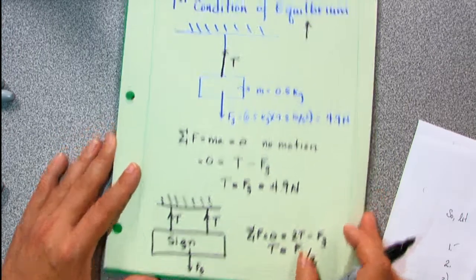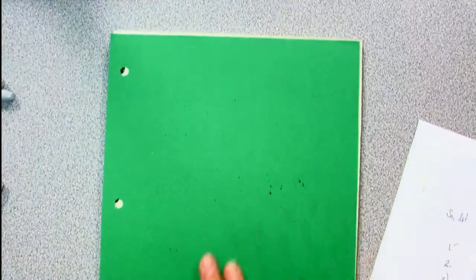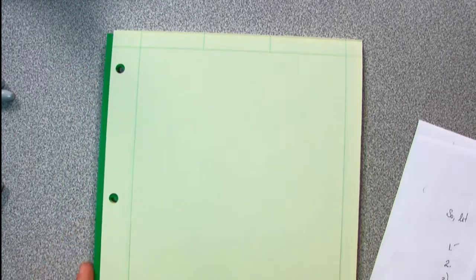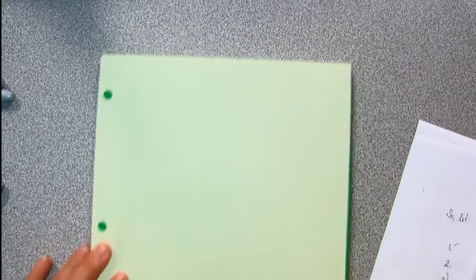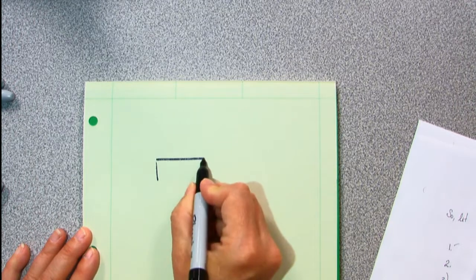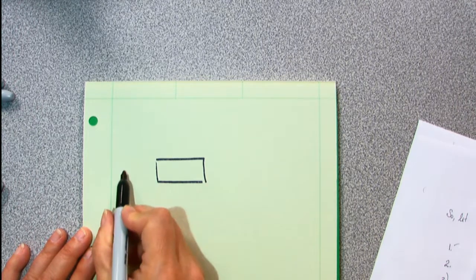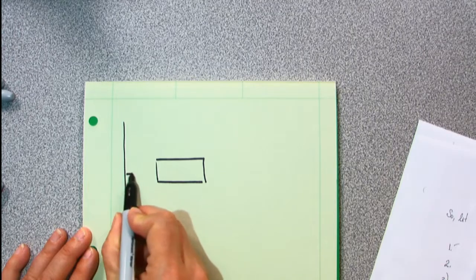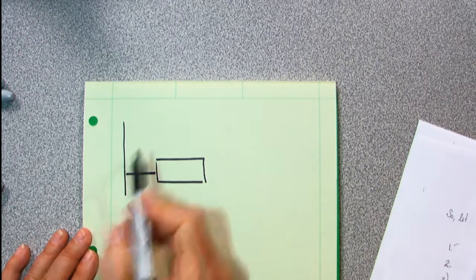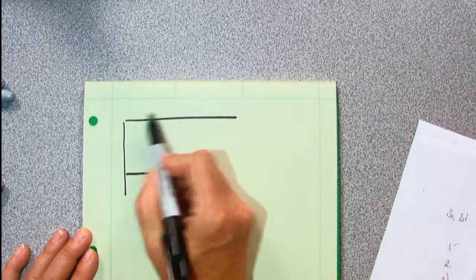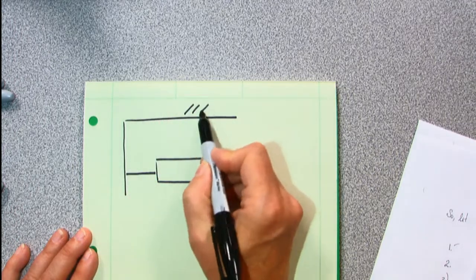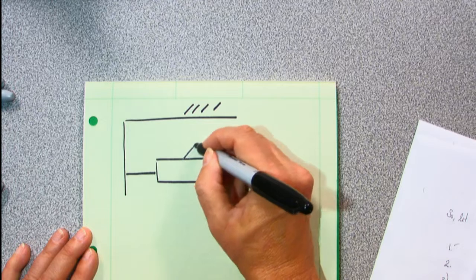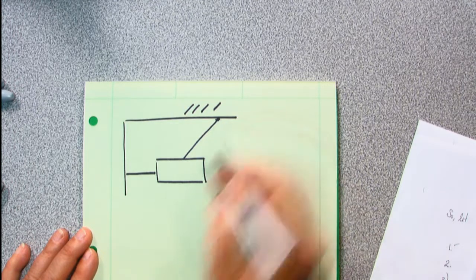Okay. Now we've got to complicate things, right? It's like my homework problem, right? So now I've got a situation like this. I've got my sign, and I'm going to put in a stabilizing cable against the wall, and I'm going to have my cable there,